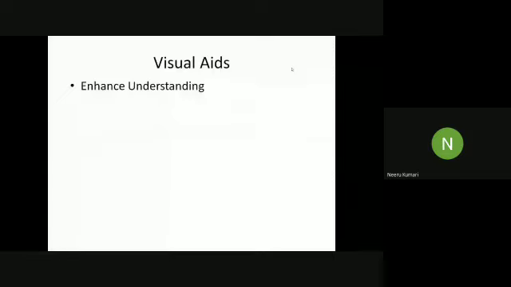Hence, always remember, while giving any presentation and while using the visual aids, you are using visual aids in order to enhance the understanding of the audience. Hence, try to add variety. Use videos, use audios, use PPT, use slides, use different techniques, questions, answers, quiz, some storytelling, so that there can